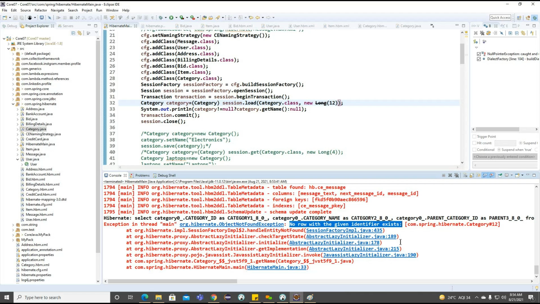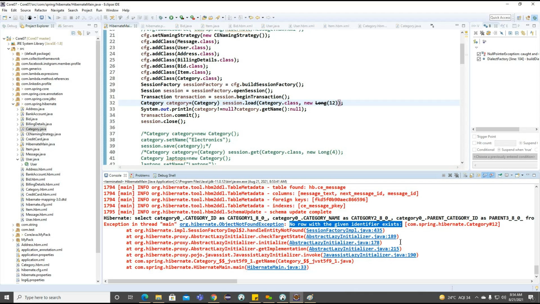Whatever ID we gave, based on this ID we don't have a record in our database. For this, we get an exception whenever we call the load method. The same ID from get gives no exception; it simply returns null. So see the difference between the load method and the get method.